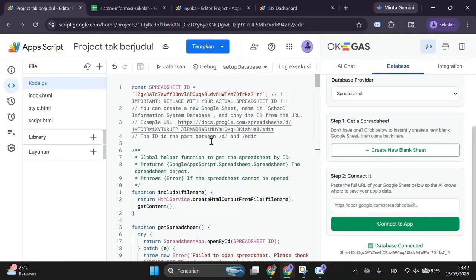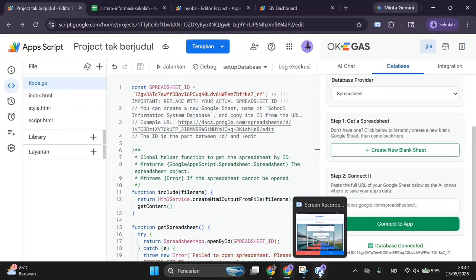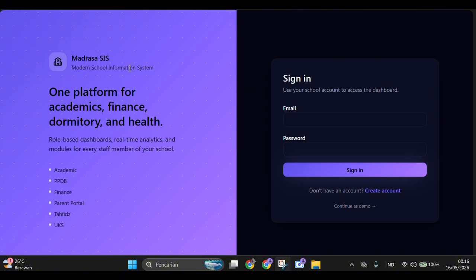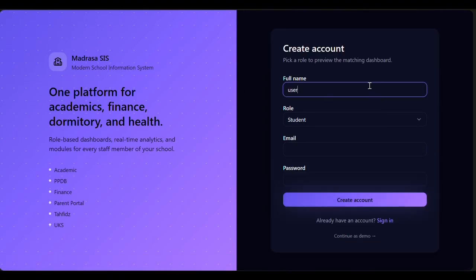Alright, now let's take a look at the final result of the dashboard we've built together. I want to be completely transparent with you guys here. If you look closely at the interface, the default styling out of the box may look a little plain, basic, or minimalist to some of you.